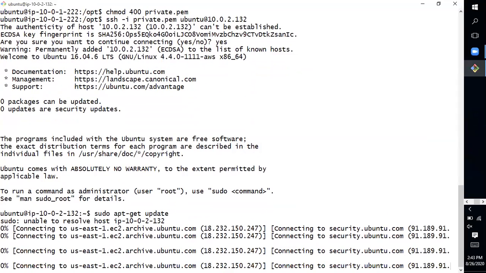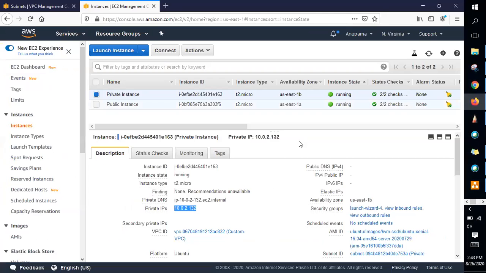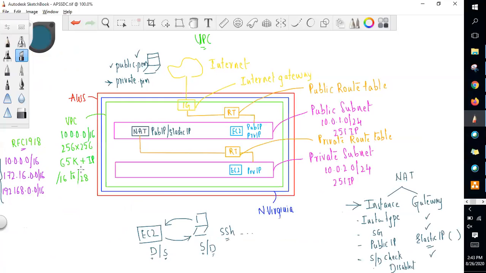Okay, so now what we'll do, we'll try to create a NAT instance. Not a NAT gateway, we'll go and create a NAT instance. And once we create a NAT instance, what you do is add this NAT as a route in the route table.